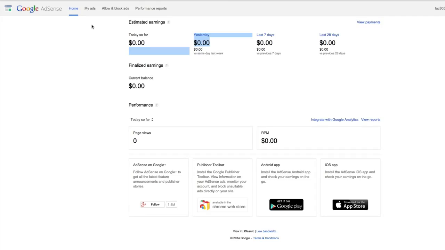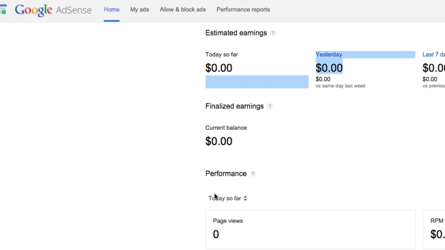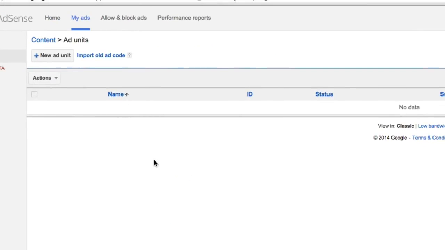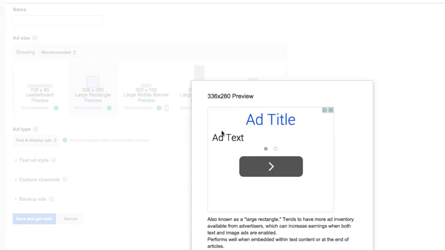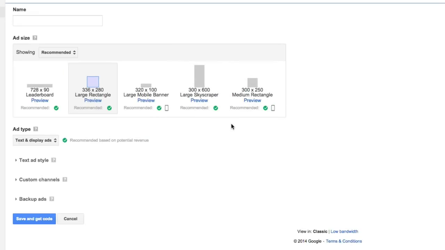Now, let's go ahead and say you want to add an ad onto your account. Once we do that, we're going to go up to My Ads, and then once you see that there, you're going to see something that says New Ad Unit. Click on that New Ad Unit there, and then once we do that, we're going to be able to choose from the different types of ads. So we'll have all of these different size and shape ads, and it'll show you a preview of what they look like. These are the recommended ads, so we're going to go with this one here,